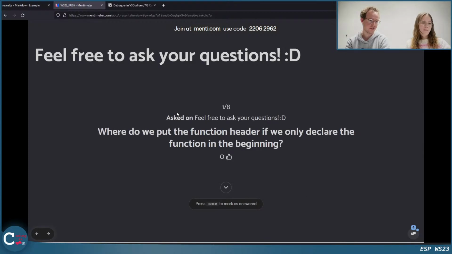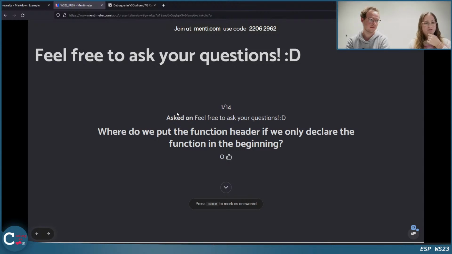Where do we put the function header if we only declare the function in the beginning? It doesn't matter in this case. The header comment is meant here. If you declare a function and define it later, where do you put the header? We didn't define that, so I think it's up to you.